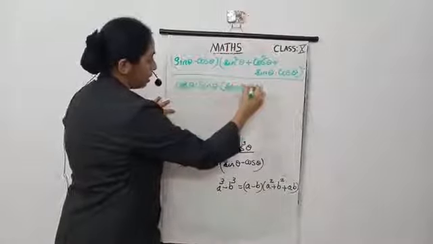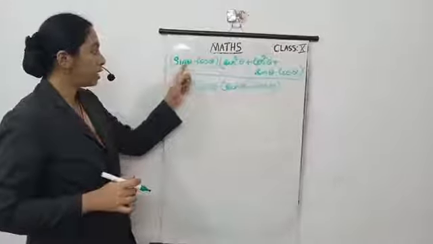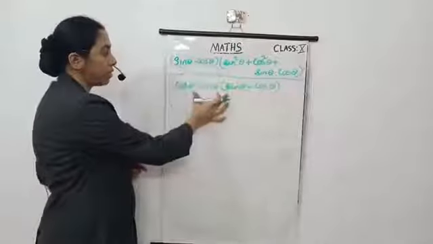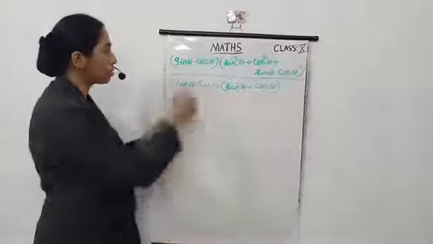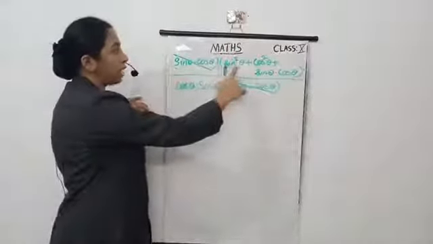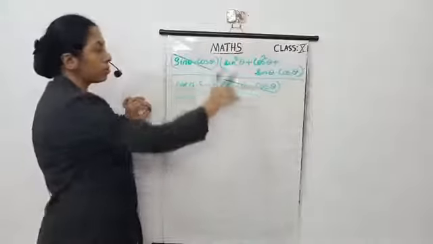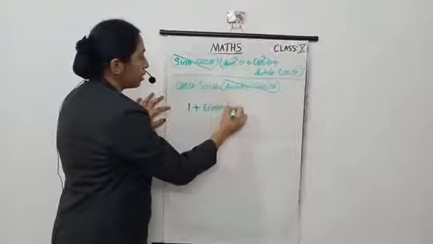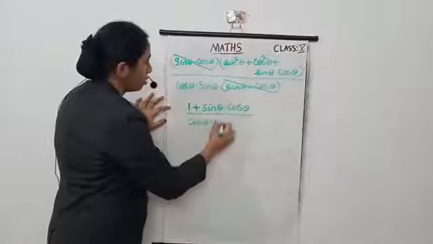Now consider this numerator and denominator. Here sin theta minus cos theta into, here multiplication, that's why we can cancel; here also multiplication. So here sin theta minus cos theta, here also sin theta minus cos theta, so we can cancel this sin theta minus cos theta. Now consider sin square theta plus cos square theta. According to the identity, this is 1. So substitute that value here. So that is 1 plus sin theta into cos theta by cos theta into sin theta.